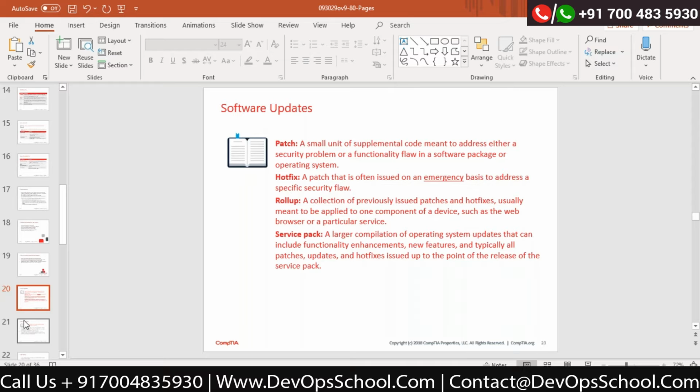Correct. So remember that software updates are a very important activity in an organization. At any given point of time, if a patch contains a vulnerability fix, you have to put that patch